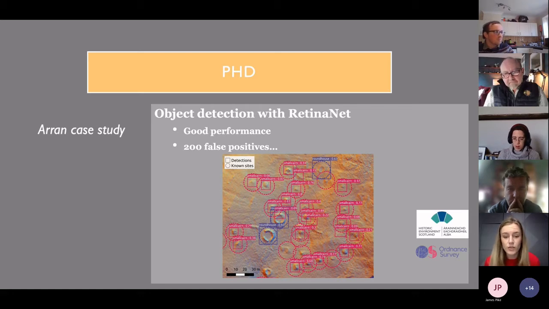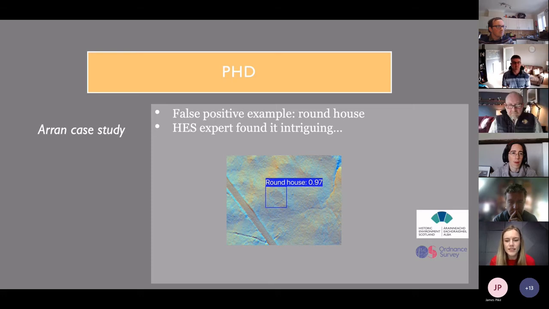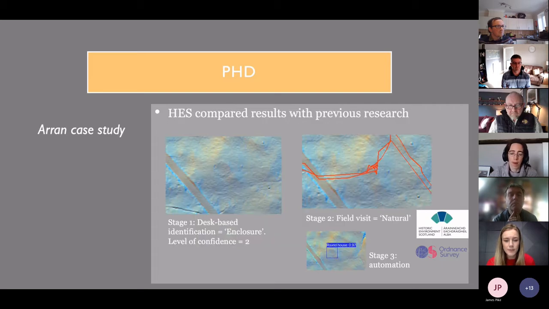We did find 200 false positives. So we were really interested in maybe if these wrong detections could be sites that we didn't previously know of. And so one of these examples I just showed you, Historic Environment Scotland officer Dave Cowley thought was really interesting because it's a location that he thought, oh yeah, that's a roundhouse. But his team actually did see as well this feature on the LiDAR survey that they did. They looked at it and they thought, okay, maybe this is some sort of an enclosure, but we're not very confident. So they sent a team out to survey it.